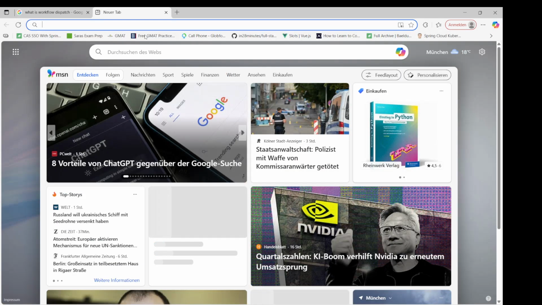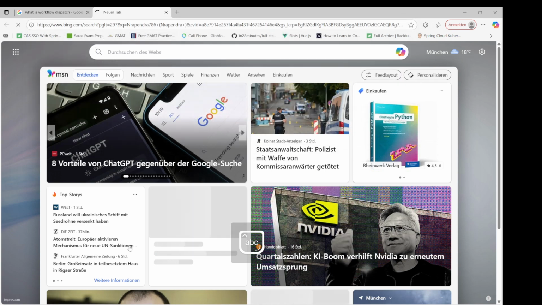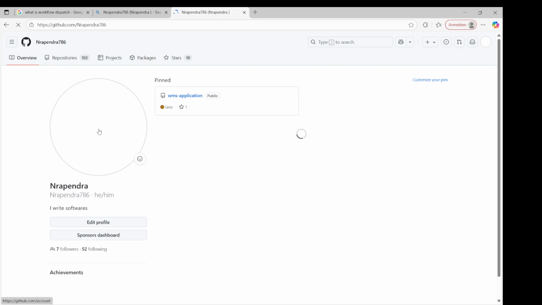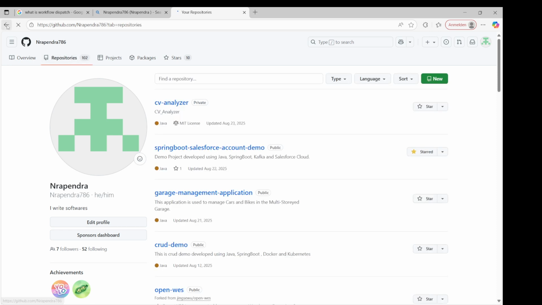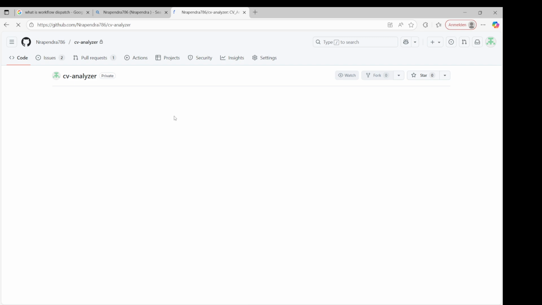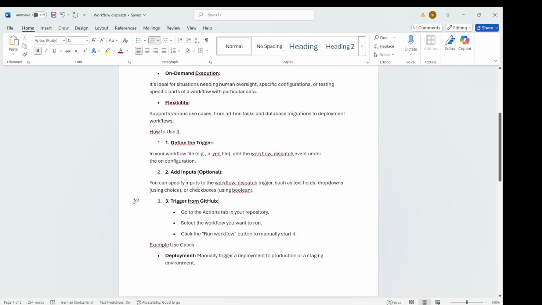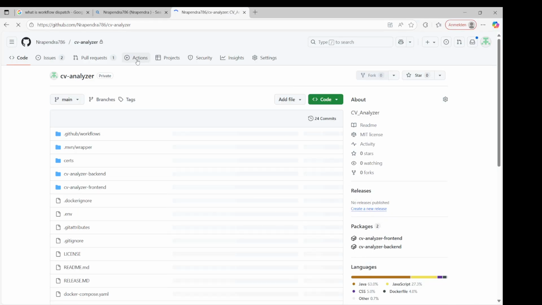That I will show you now. Okay, so go to the Actions tab. This is the Actions tab,